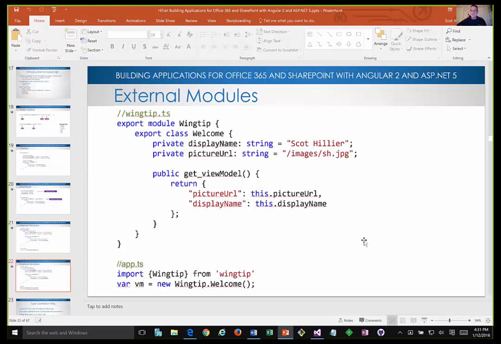So you can take all the libraries from the .NET framework, import the ones you want into your C# project, and then make use of all those libraries. Or you can write your own libraries, import those into your C# project, and make use of them. We're doing the same thing here with JavaScript. We can now make use of external modules or our own modules that we create and get that same professional